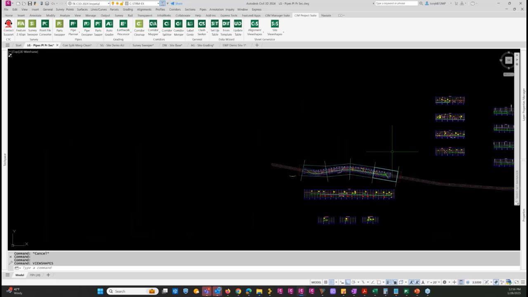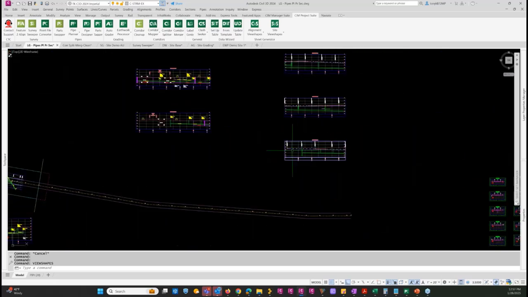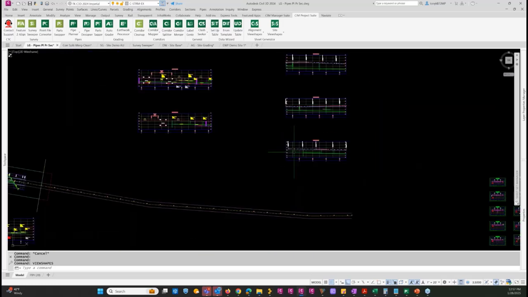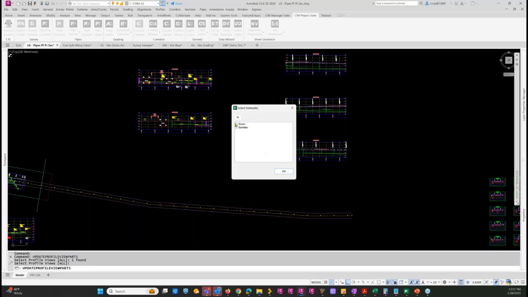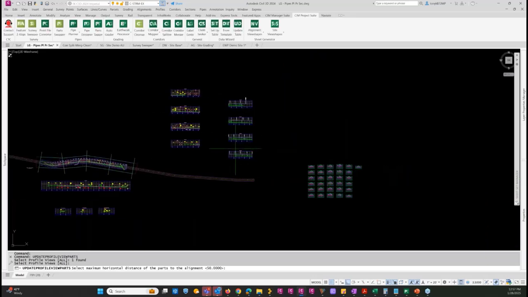So then you simply come and you create your profiles as such. I can push my networks to my profiles right here. If I come and I say networks to views, again, new to sheet generator is I can select these, so I can make a whole bunch of different profiles, and I can put in there if I just want my storm on one, my sanitary on one, I can separate those out, and it won't care how you do that, because you can do another set of